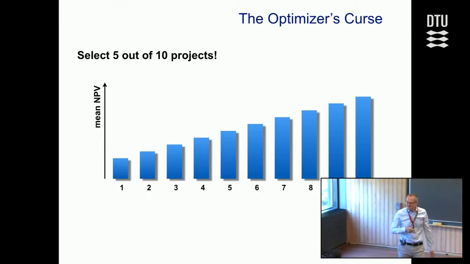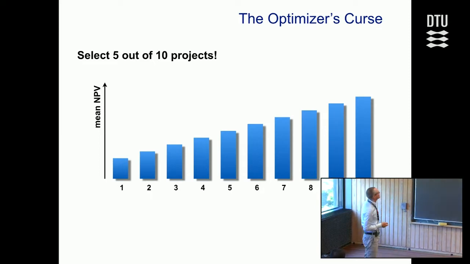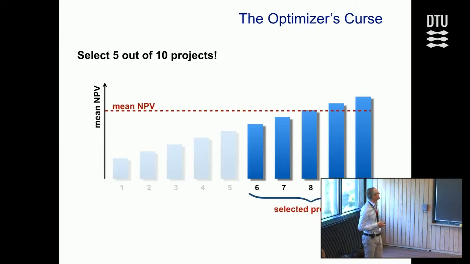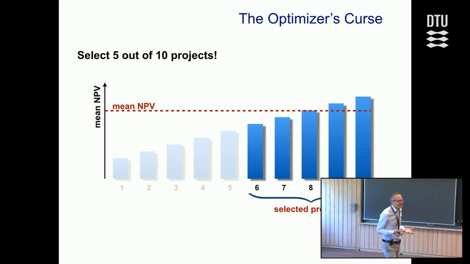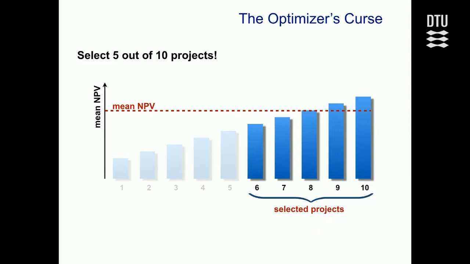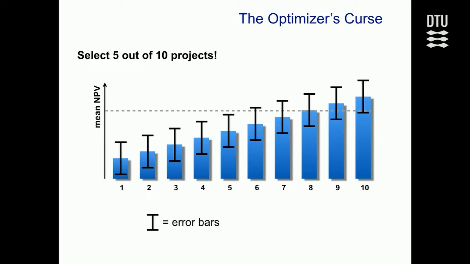This is a very simple question. Exactly. So you would choose the projects that have the highest expected net present value. In doing so, you will basically maximize the average of the net present values among those projects that you selected. Okay? Now, unfortunately, however, these expected net present values, they are not known to you, right? Because these are expectations. So in practice, you will always have estimation errors, and I could visualize the estimation errors, for example, by error bars.